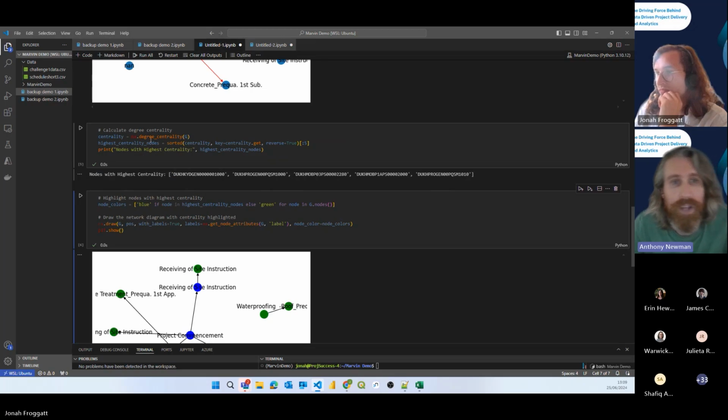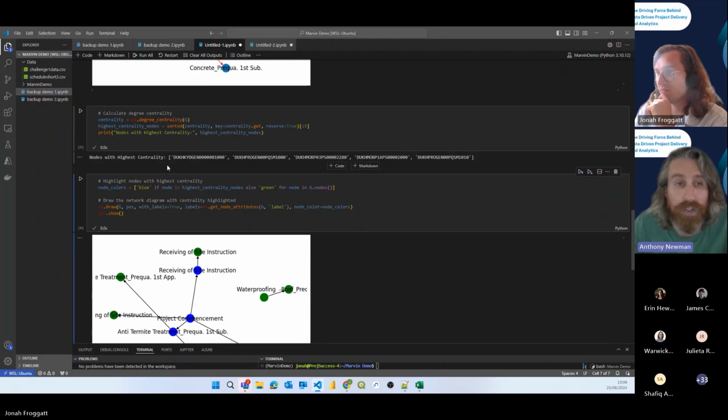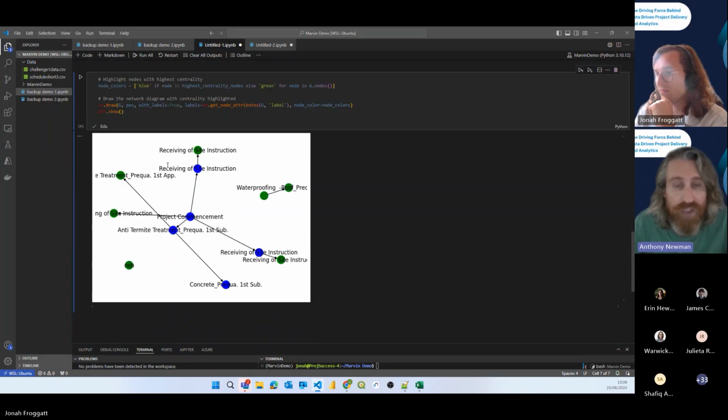Closeness, the algorithm assesses how close the node is to all the other nodes. Particularly interesting is the eigenvector centrality, which considers both the node's direct connections and the centrality of its neighbors. So how could this be applied to critical path theory? We could be looking at things like